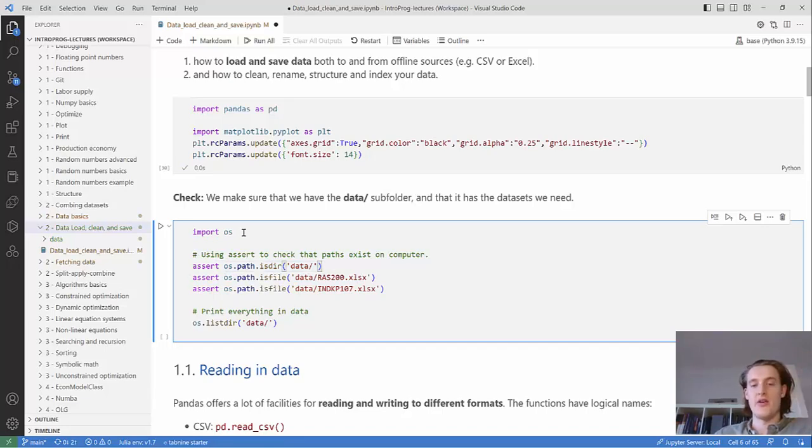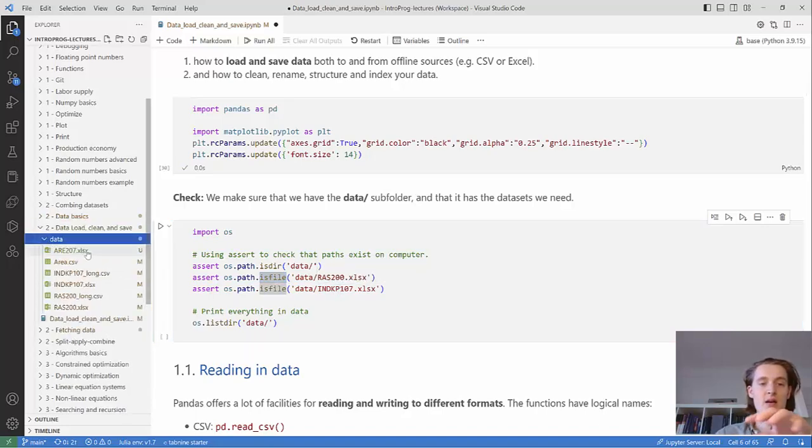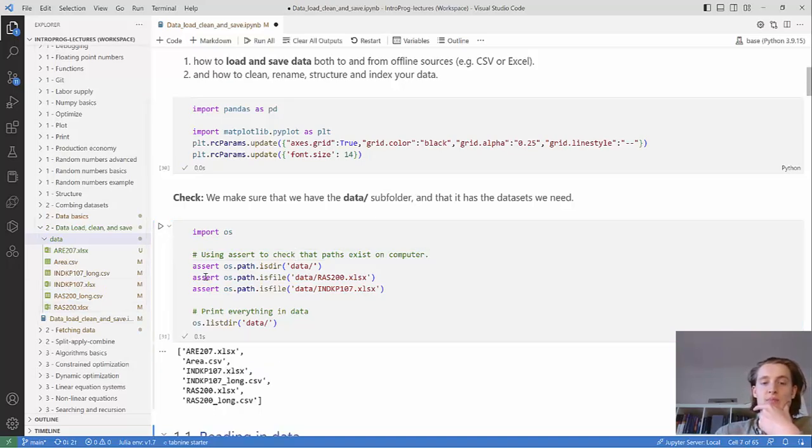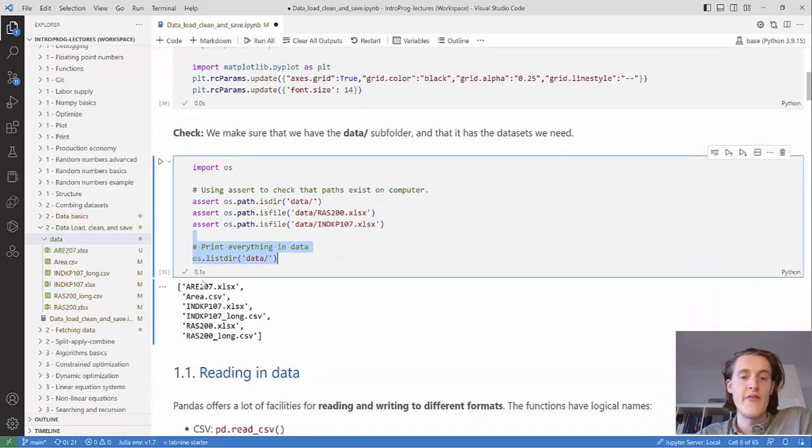If it does, then nothing happens. We also check whether or not these two files are available inside data. These are data files we're going to be working with later. We can see that they are here, and when we run this, there's no error, so the assertion is true. We can also print all the available files in a folder using list directory, and then